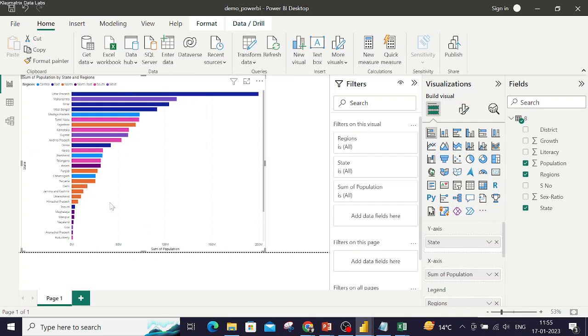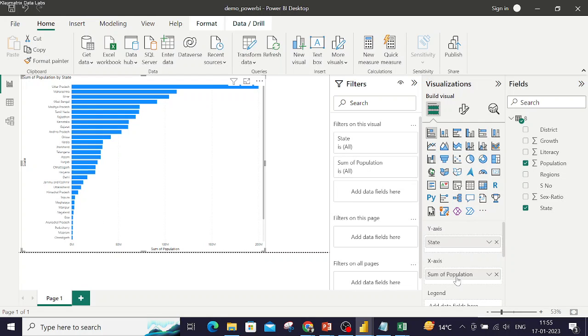And because there are too many data points, it automatically gives a scroll bar over here. So you can scroll it, right? So by dragging fields to legend, it gives me color based on the legend. Okay. So if you want to hide the region where each state is, you can drag region to legend. Okay. You can do it if you want, but right now I just want to get rid of this, and